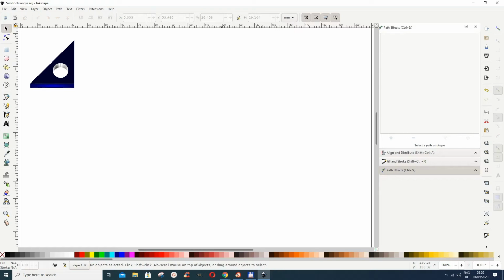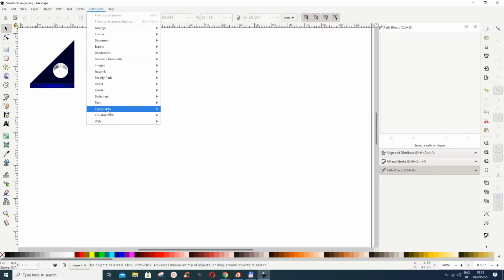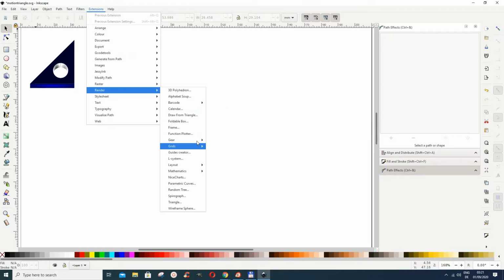In this tutorial, we want to learn how to use the Motion extension in Inkscape, and I'll also try to use it to design something like this or something similar. I'm using Inkscape 1.0. So we start by going to Extensions, and then we go to Render,